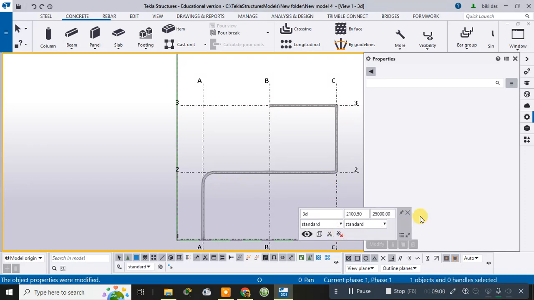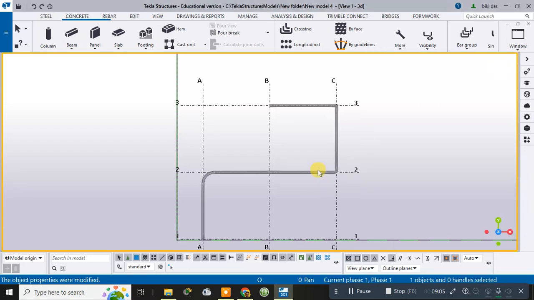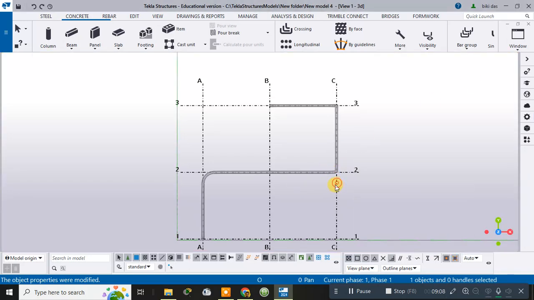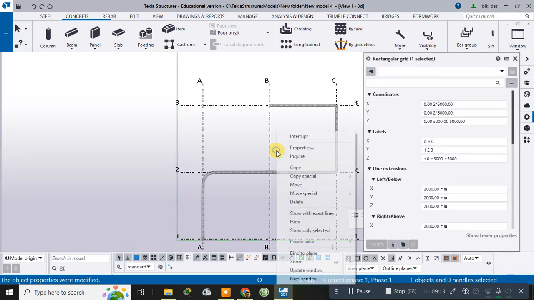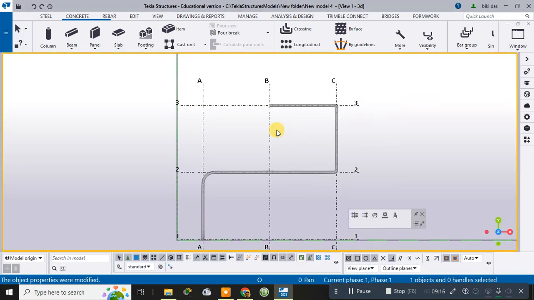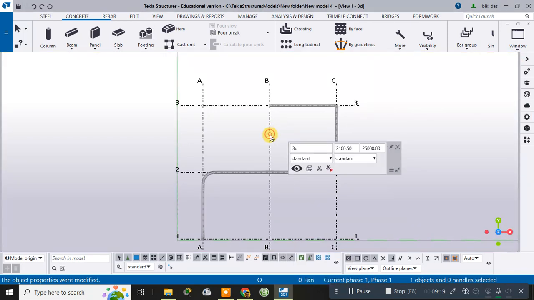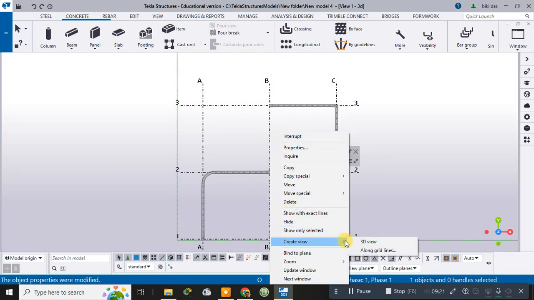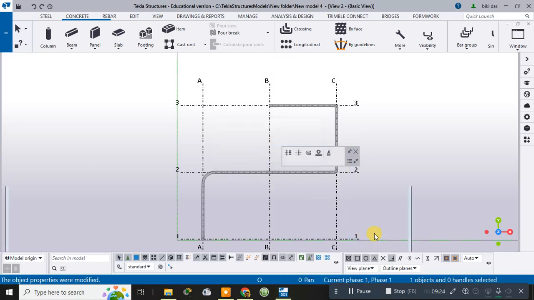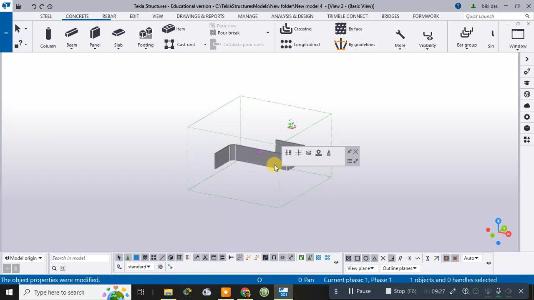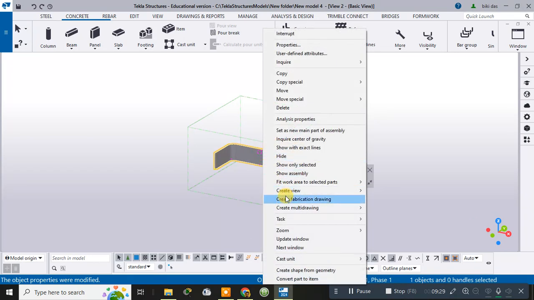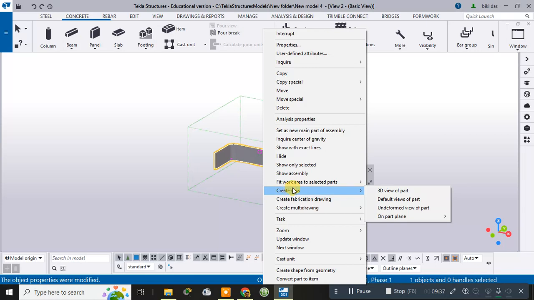Hope it's clear to all of you how to change the height and how to modify it. And for checking its height, you simply need to click here by selecting any of the grid lines. By selecting any of the grid lines, right click it, then create view, then 3D view. After clicking in the 3D view, select here, after selecting here,